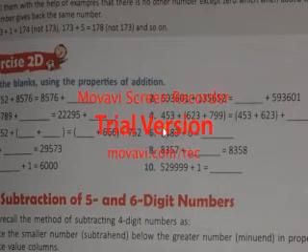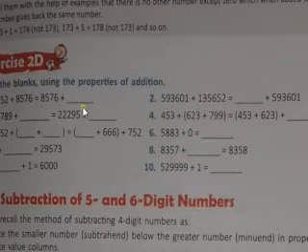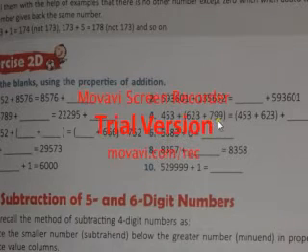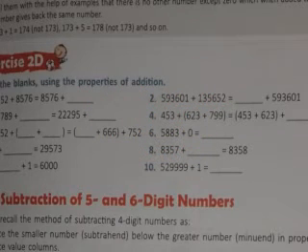Now, as I had said, from 1 to 3 is which property? Commutative property. From 4, which property is there? Associative property of addition. This is the commutative property of addition. And from 4, there is the associative property of addition. That is 453 plus 629 plus 799, these two are added first, then 453 is added. And here 453 and 629, these two are added first, and then what will be added? The third number, that is plus 799, we will be writing.